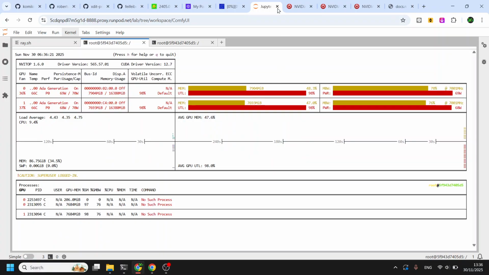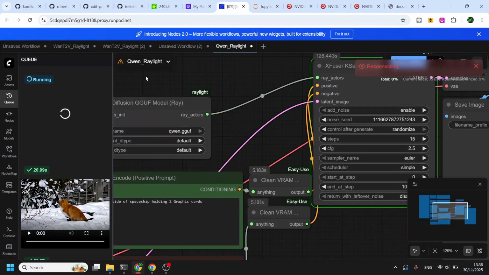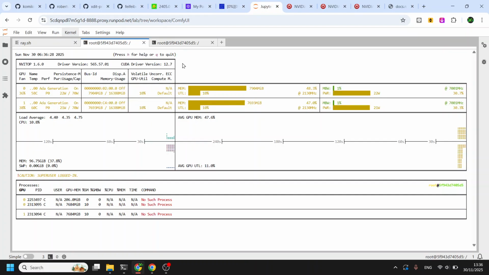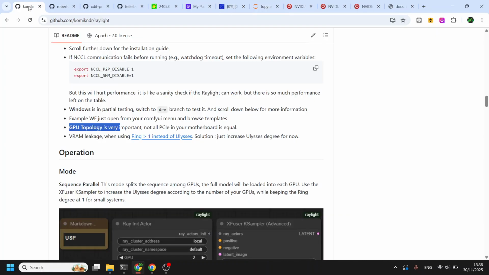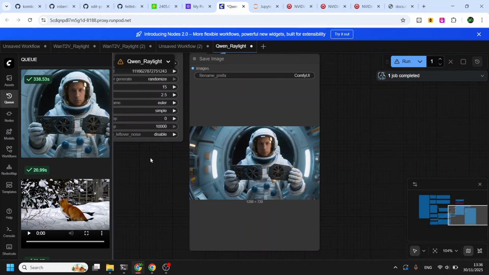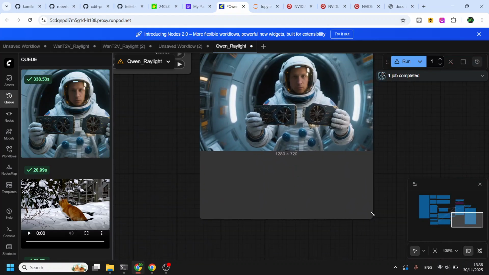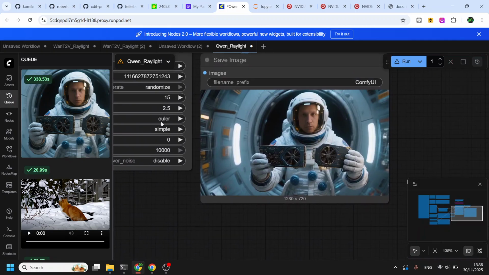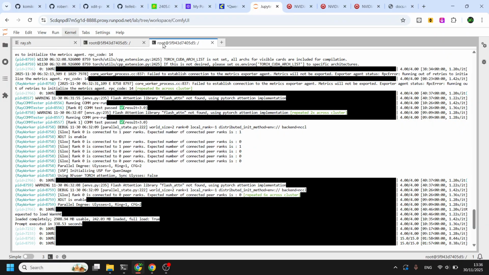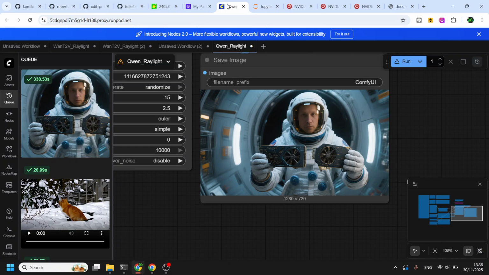So this is Qwen being worked on. 15 steps. Yes, very long. Anyway, I think it's done. See? This is 1280 by 720. It takes about 8.38 seconds per iteration.